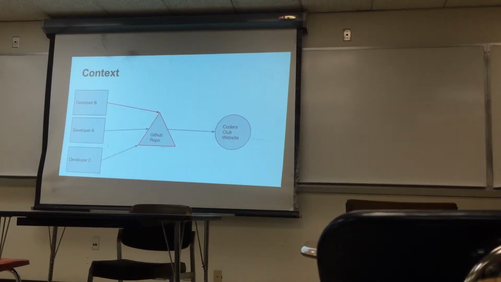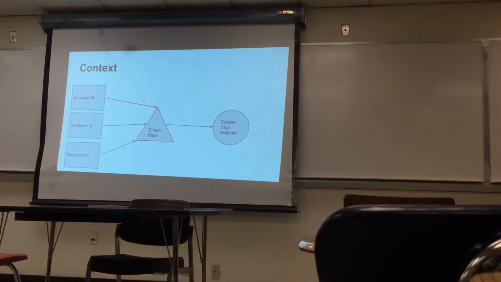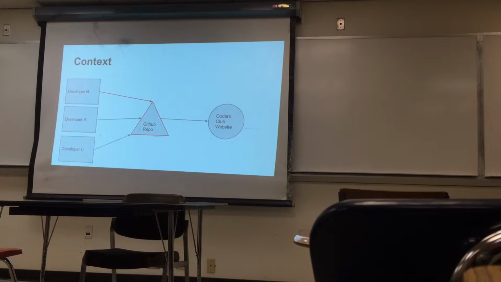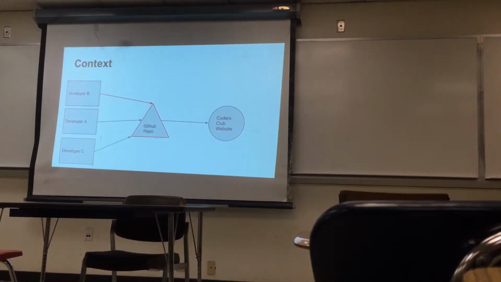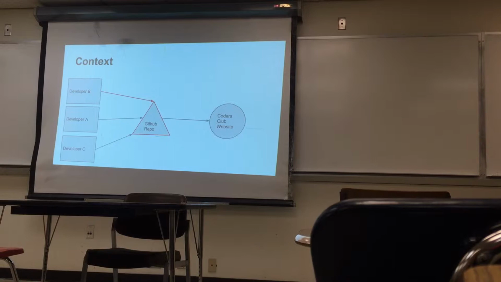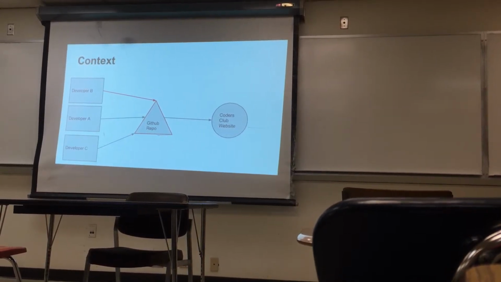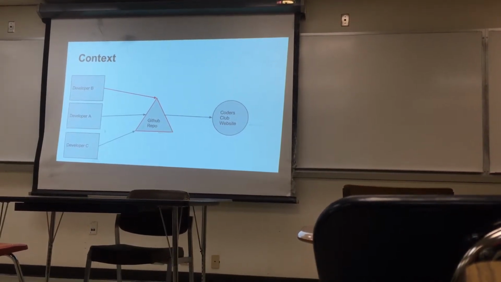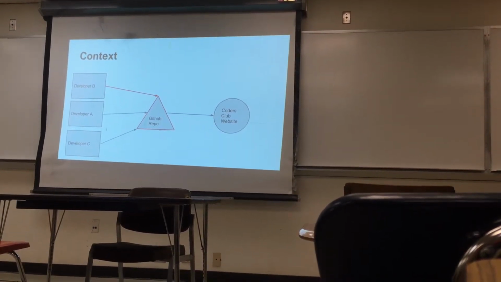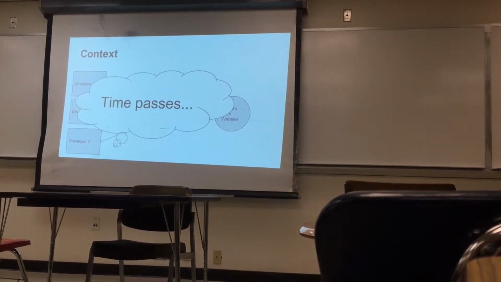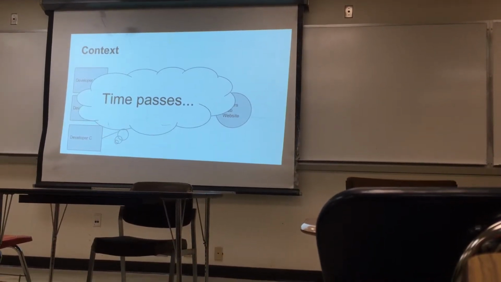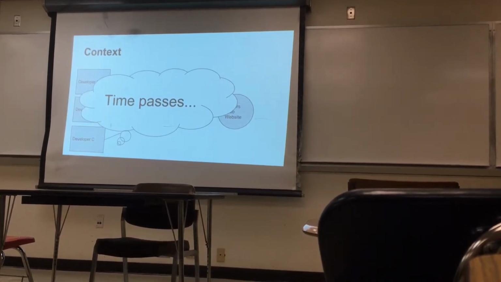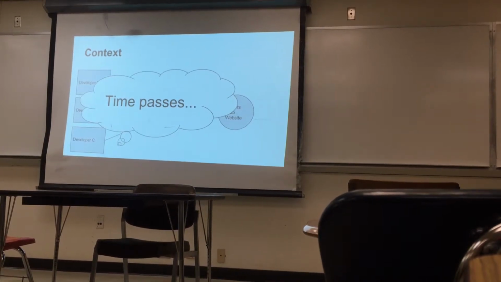But then one day, developer B goes and submits bad code. What is bad code? Bad code would make the website fail, like getting a 404 error. It's not quite what automated testing would prevent, but it's code that would cause an error page to show, or something just isn't right, or it's missing a critical feature. They submit that code, and then time passes. Everyone's just been building on top of a bug that's been in the code base. Let's say 20 commits down, this bug was introduced and no one caught it.